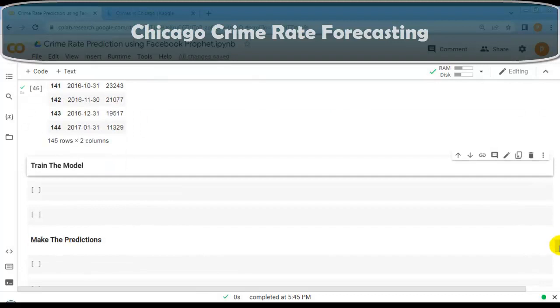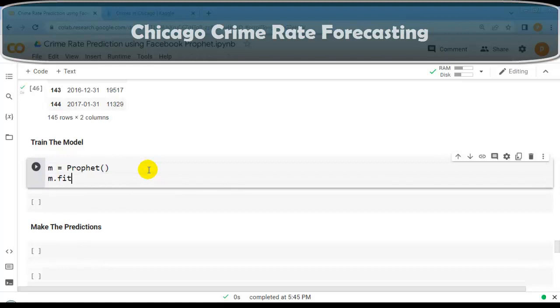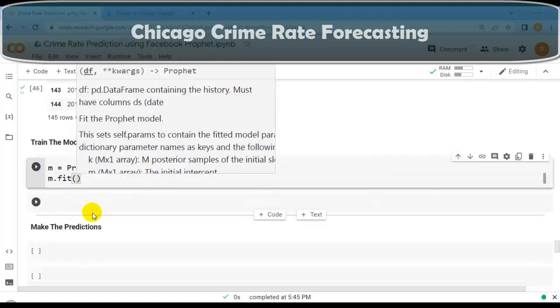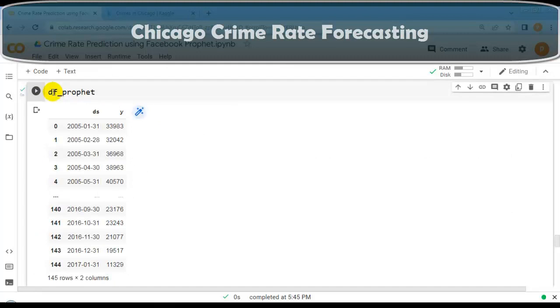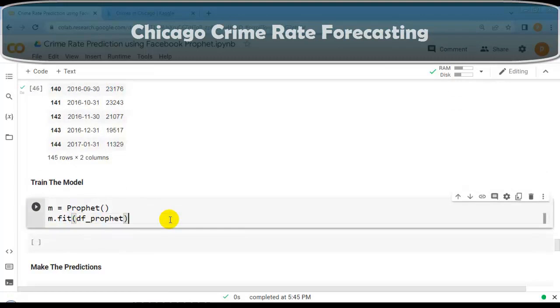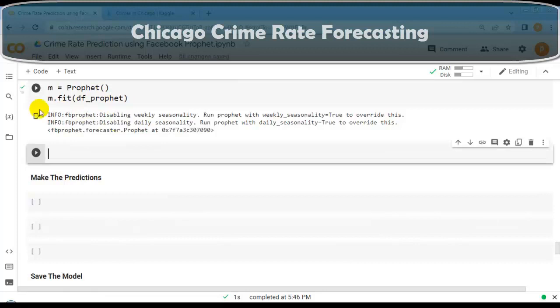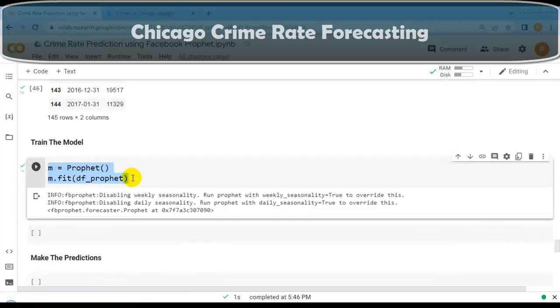So now our next question. Here we are going to train our model Facebook Prophet, so we can perform forecasting using this model. Let me first create an instance of this Facebook Prophet. I have used M. You can use any. And now let's train our model using this fit method. And here we have to pass our data frame, this one. Let me copy this and paste it over here. Let me execute this cell. As you can see here, now our model is successfully trained on our data frame. So this way we can perform model training.